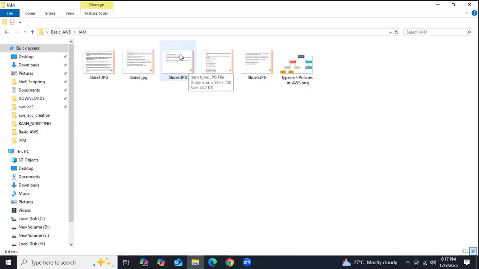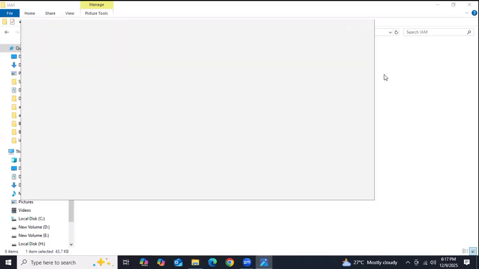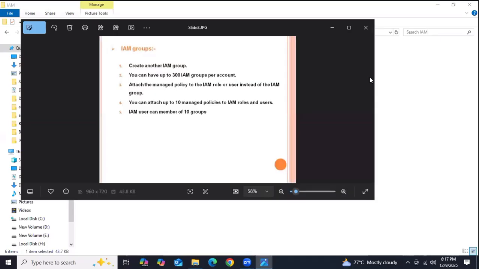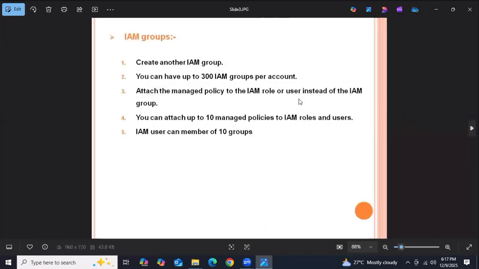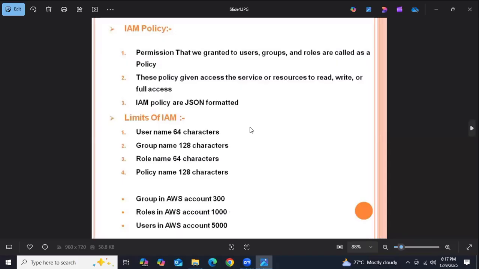Right, guys. So let's see here. Yesterday we discussed groups also, right? Please focus today. It's very, very important. Without knowing policies, it's a bit difficult for you people to create the user accounts and to provide the permissions for users, right? So already we completed groups yesterday. How to create the user, how to create the group, how to add the user into the group, we know. So today we are going to discuss policies.